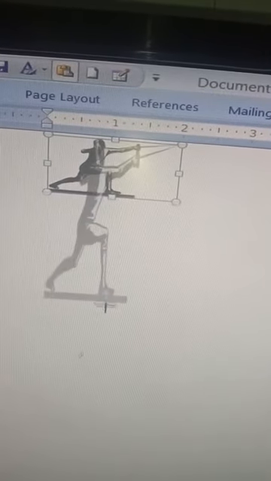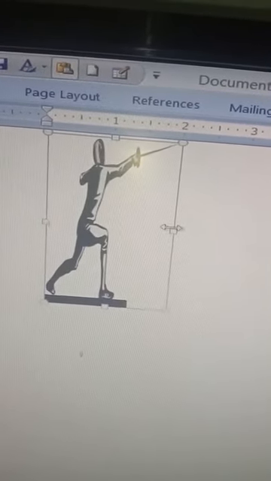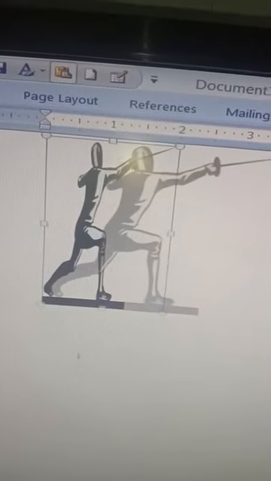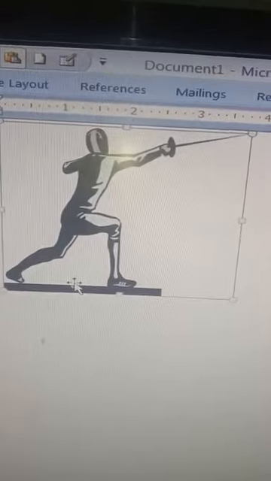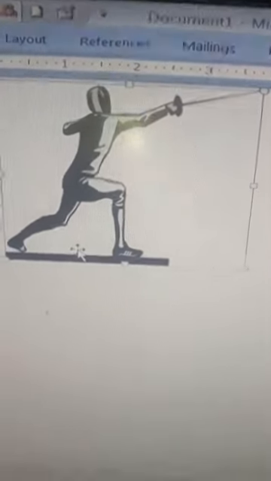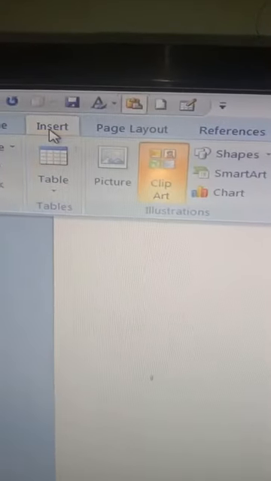Now I can resize it according to my choice. I can either increase the size or decrease the size of this image. So this is how we insert the picture with the help of clip art. The other option of inserting the picture is, suppose I have deleted this picture. Now the other step of inserting the picture is go to the insert tab, left click over here, and then